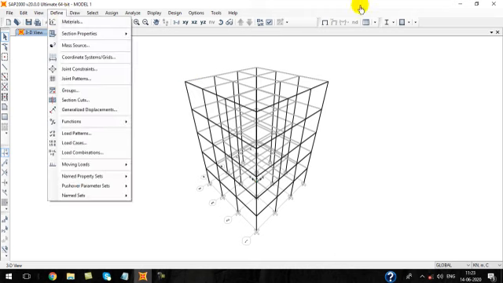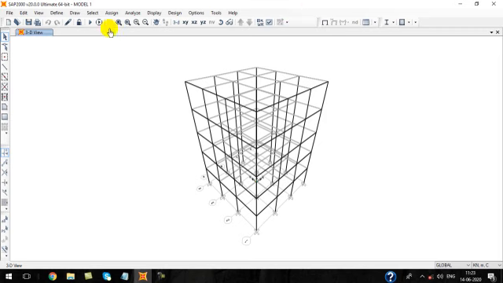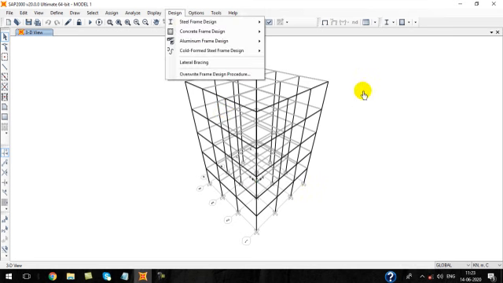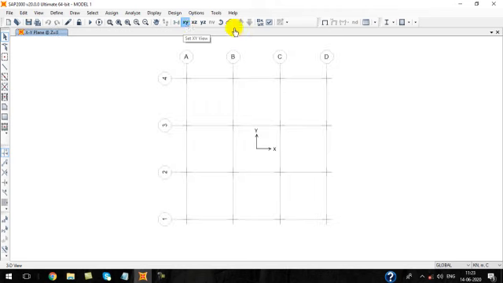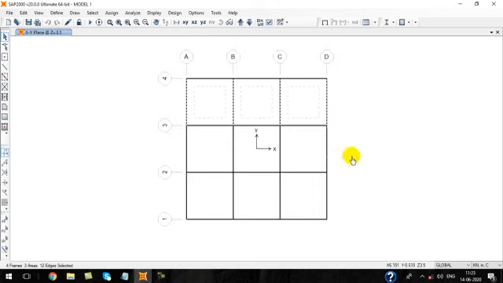Next, now let us assign the load. Now we will not assign the beams and columns to the structural members, so we will just assign the frames. So better let us select the beams and columns. First let me assign all the beams. This is for the first floor level, the beams.